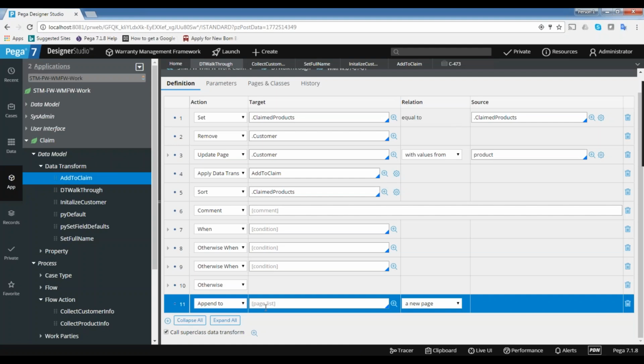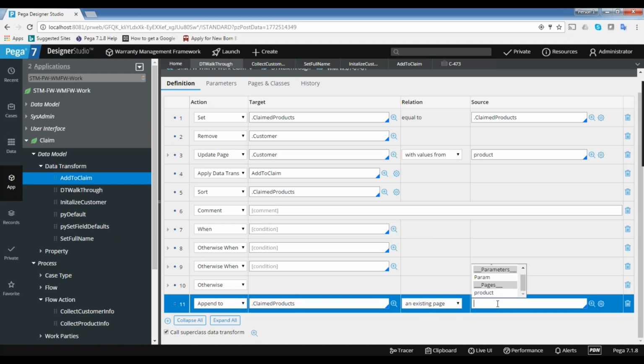So what is the page? It may be a new page. You can see here the options, maybe you can give the target to which you want to append. The new page means it will add an empty page of the products, an empty page of the climate products. There won't be any data inside that one. Or else you can give an existing page. If the page is available already, that page you can give.